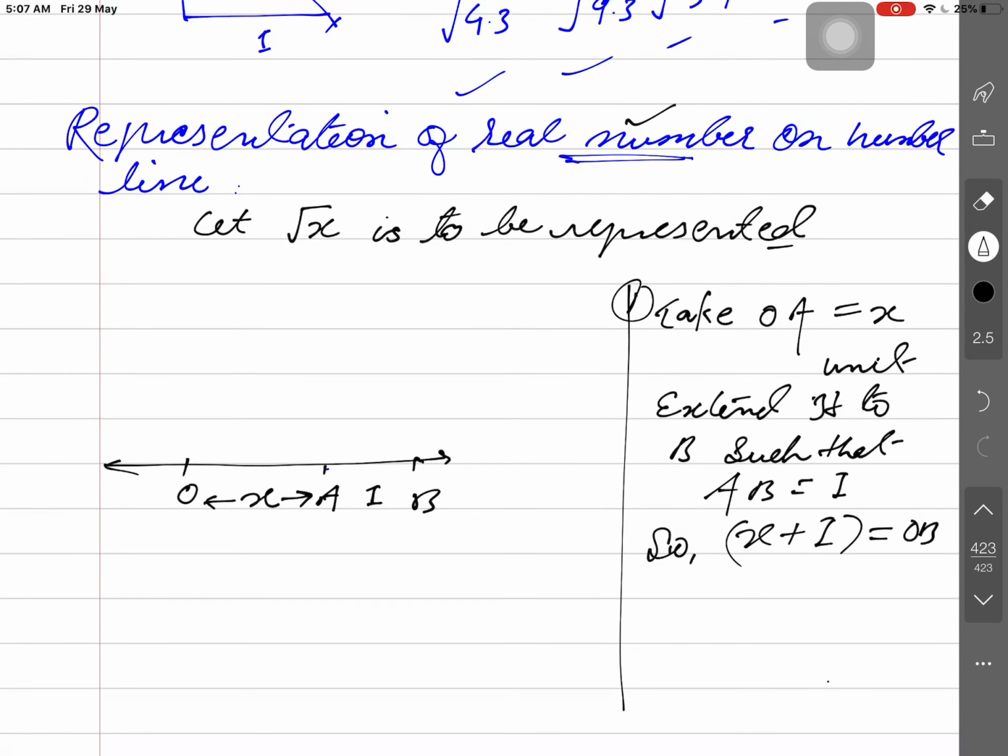Is that clear? Now what shall we do here? The whole length now becomes OB. What is to be done next? We will divide OB into equal parts. Draw a perpendicular bisector, maybe. This is however not possible to show on the screen. As a center at O, you will put the tip of the rounder, and you will construct here a semicircle. You know the semicircle.